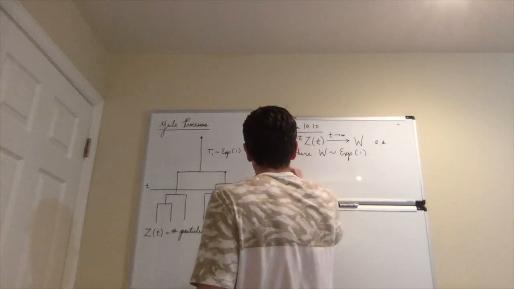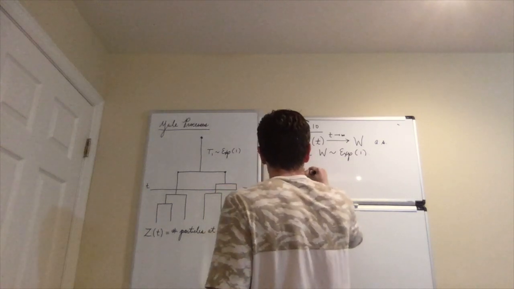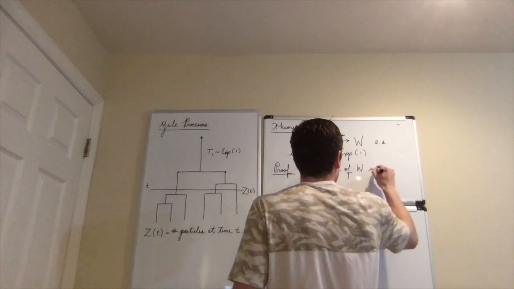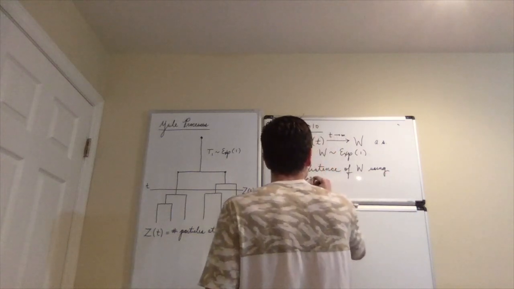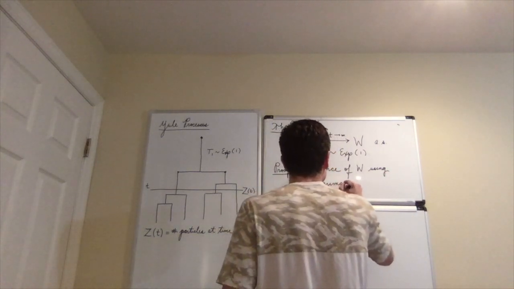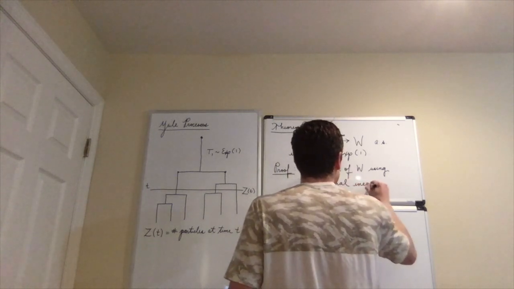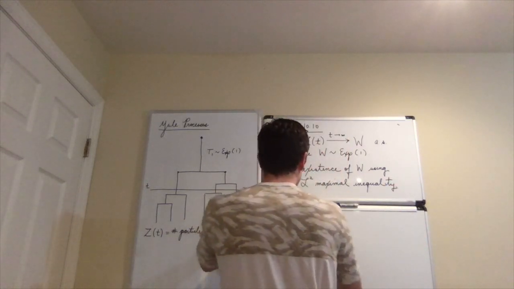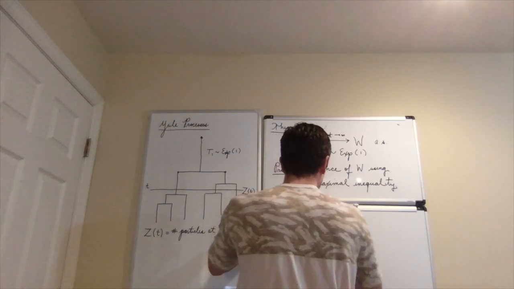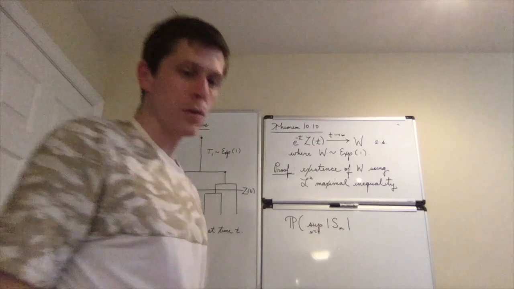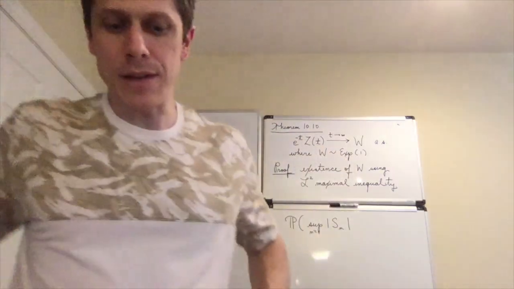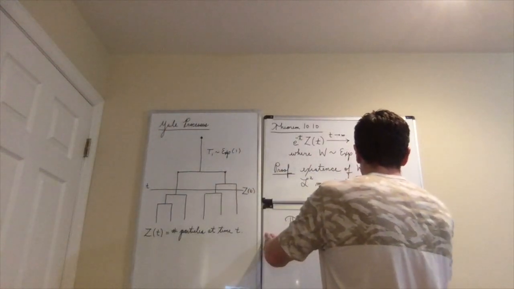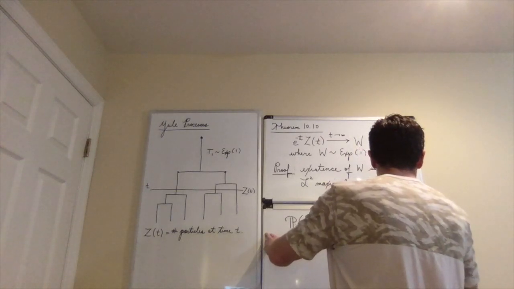Okay, so the first thing that we showed was the existence of this random variable. So the proof of this, we showed the existence of W using the L2 maximal inequality. And remember what that was, or how that came into play, was that we had that the probability of a sup of the absolute value of S_n, which is the absolute value of the deviations of S from its mean, bigger than alpha, is bounded by sigma squared over alpha squared,